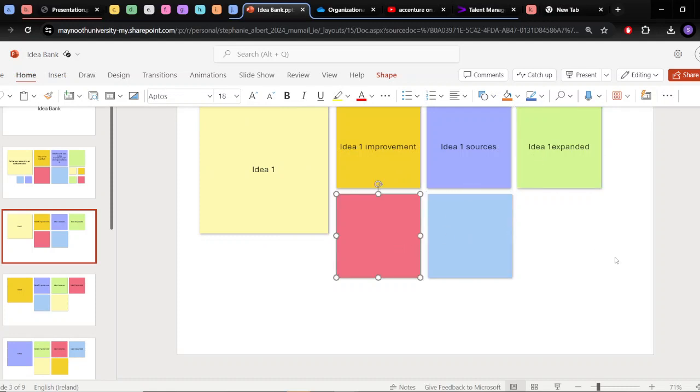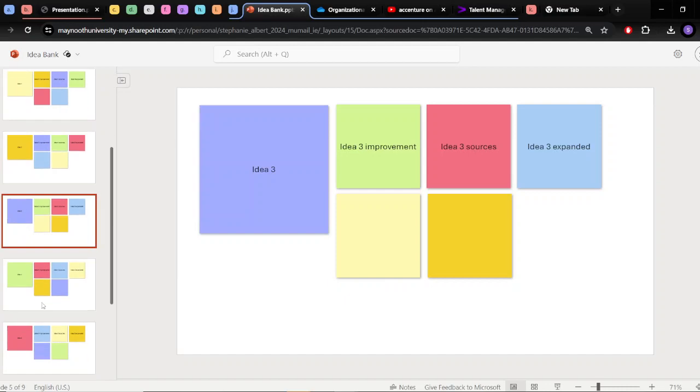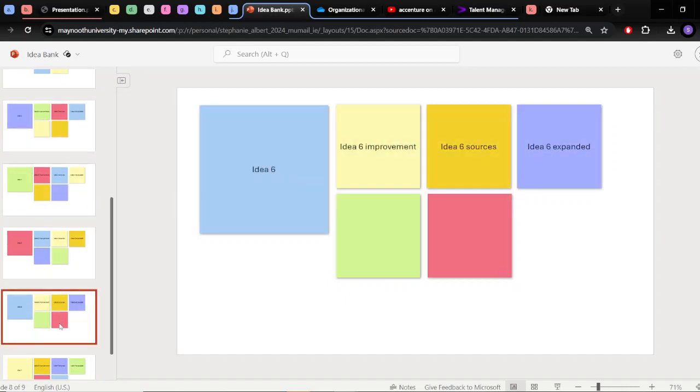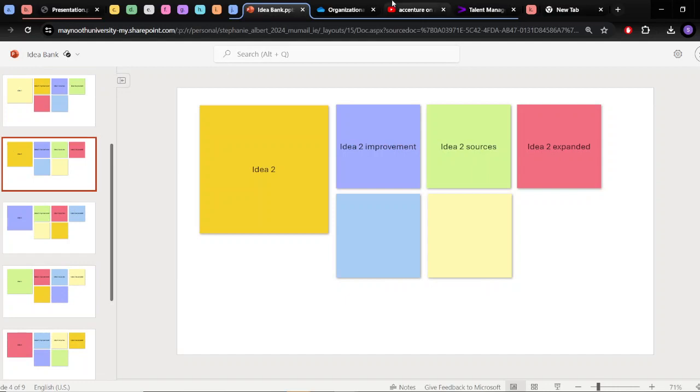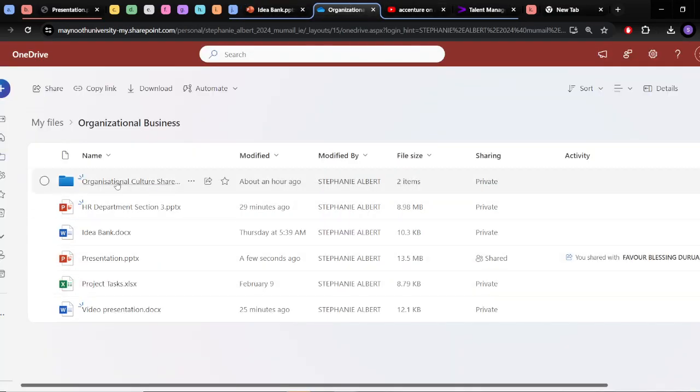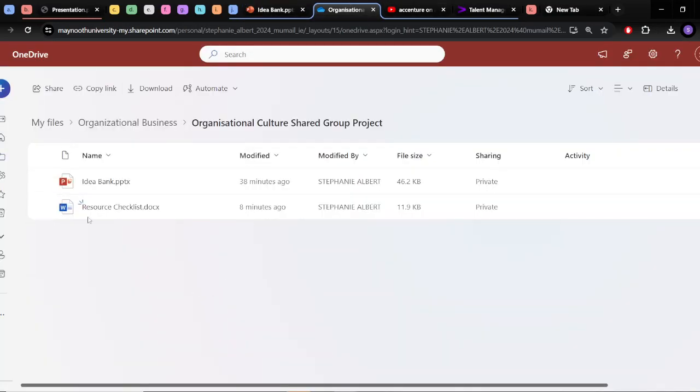And yeah, I just found this on Miro, right? And then there's just idea 2, idea 3. So you can come down and you can write your ideas, basically. And like I said, that's gonna be in this shared group right here, so you could just go straight into it.